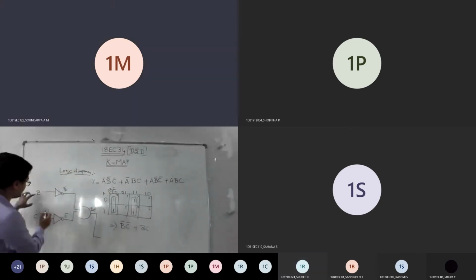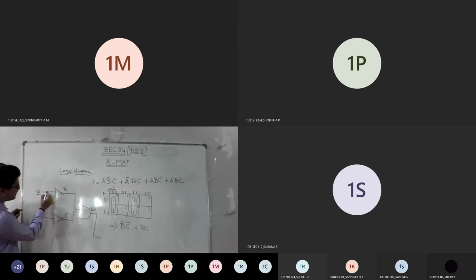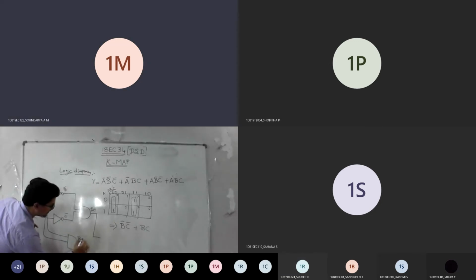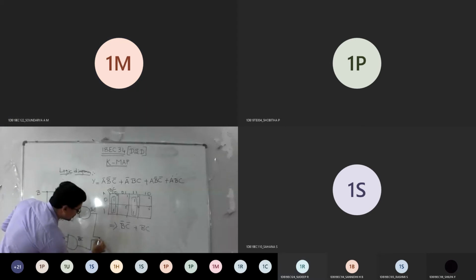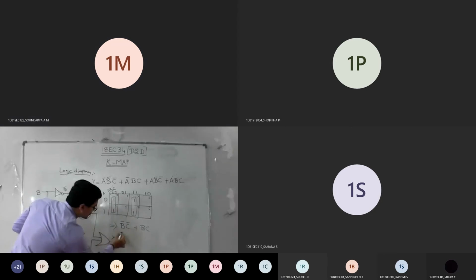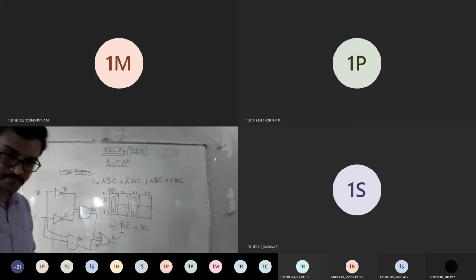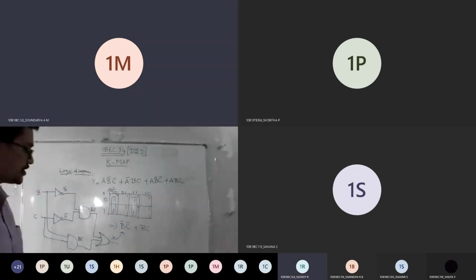So you connect from this end. Connect B and C and connect these two to one more AND gate, and this is your BC. Then join these two and OR them, since it says they are added. So I should give an OR gate. So this is your final answer. Any doubts, anyone? No, sir. So you got the logic.